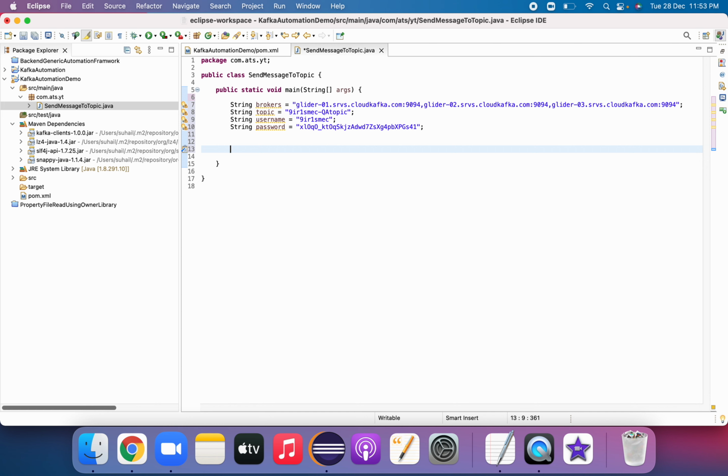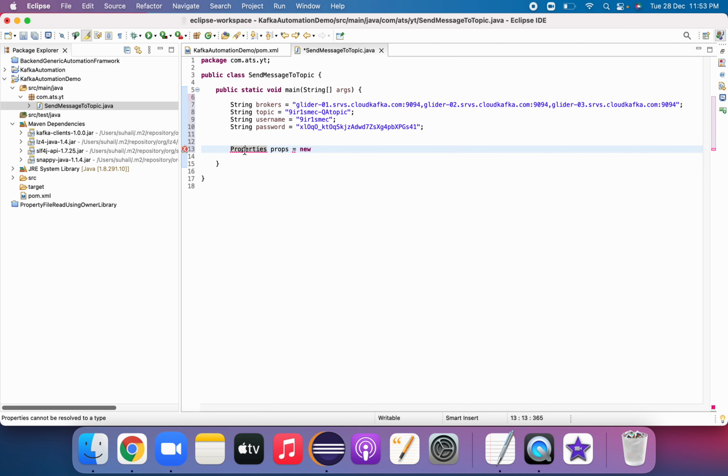In the second part, we have to create an object of the Properties class: props equal to new Properties.